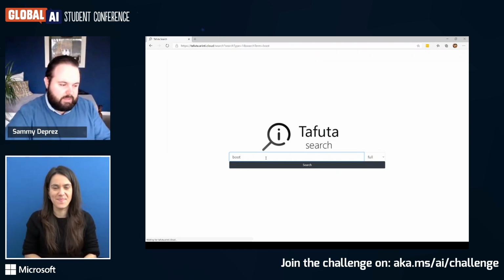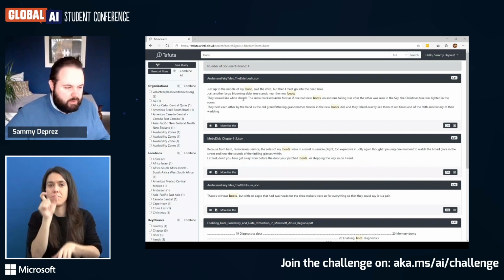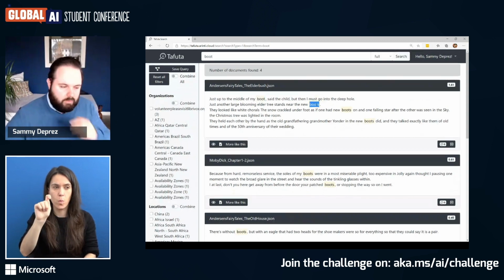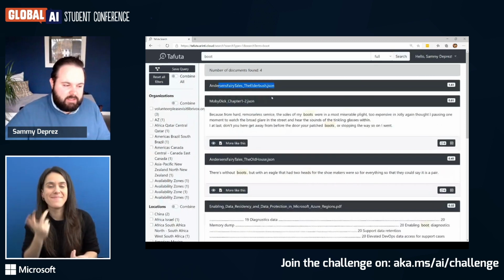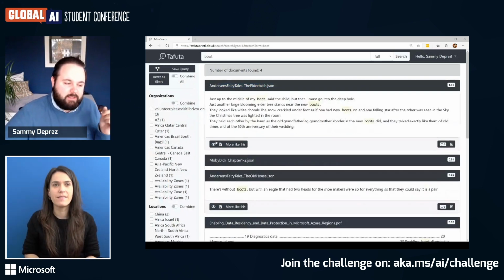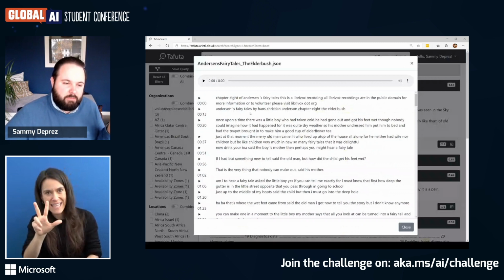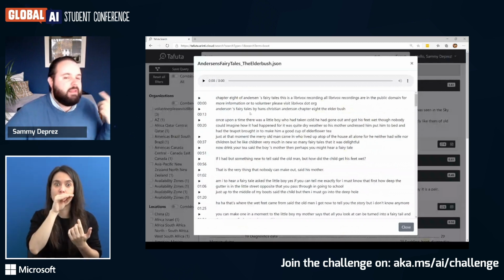If I search, for example, for boot, in this example, you will already notice also the power of Lucene, and we see boot, but it also looks for boots. In this case you will see it's actually a JSON file, but behind it, it's an MP3 file. And by the speech-to-text technology of Microsoft, we were able to transcribe the full MP3 and automate the whole process.